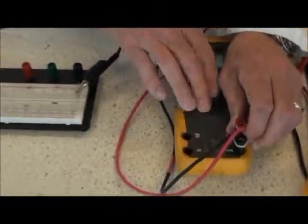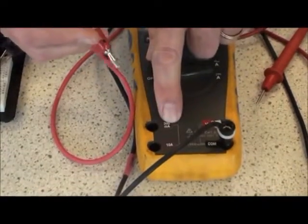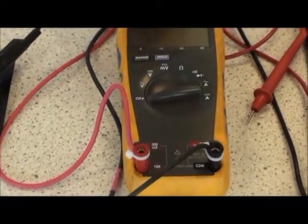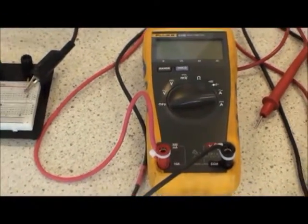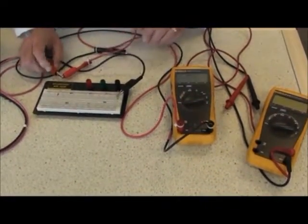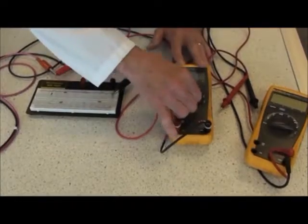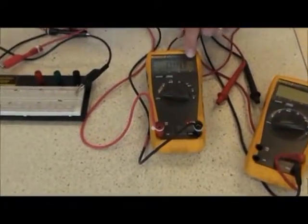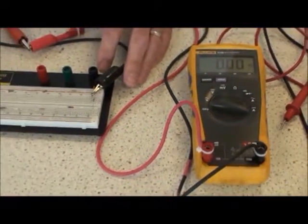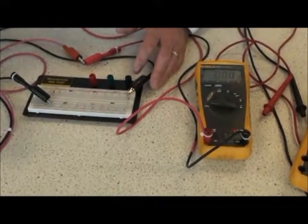But first of all, I have to take my red lead out of the volts and ohms and place it in the highest current, 10 amps in this case, of my meter. I then take the red lead, my positive lead of the meter, and put it on the red positive lead of the power supply. Move the meter over to measure current. Connect the black lead or the remaining lead of the meter onto the power supply and turn the power supply on, and I'll measure